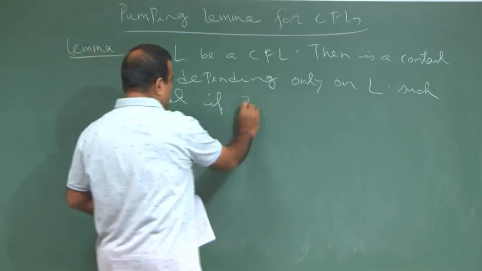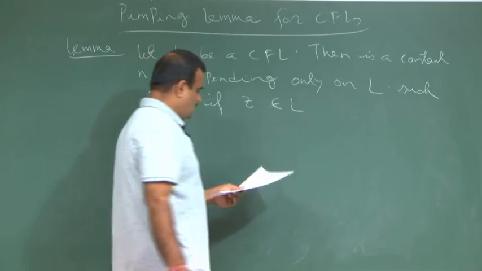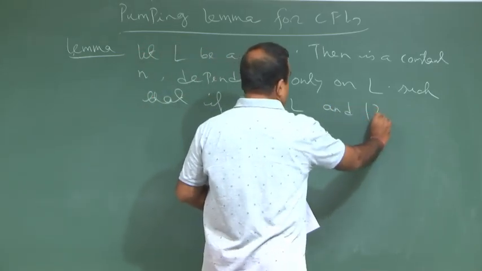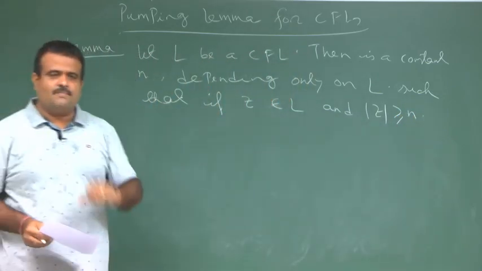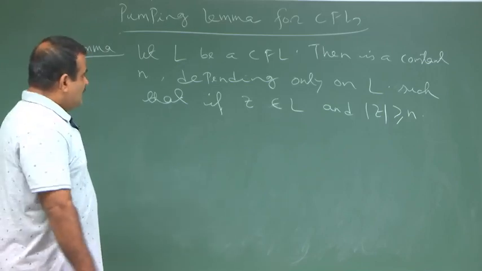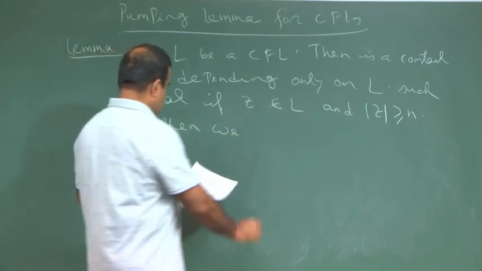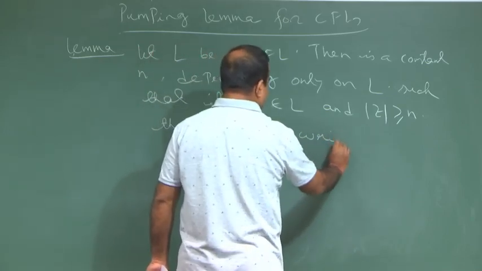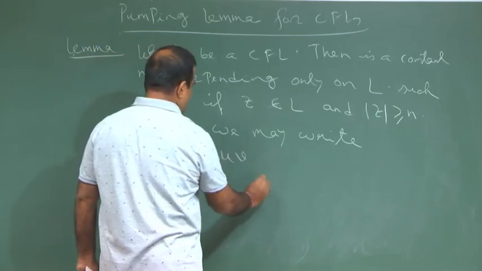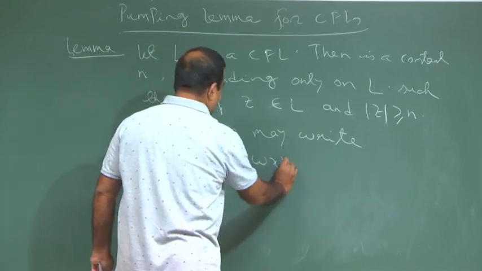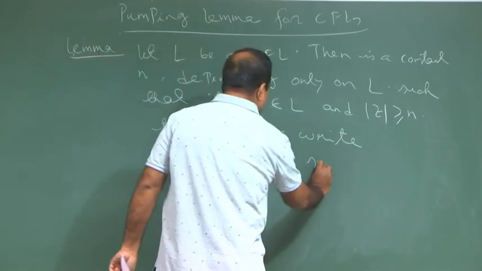if we take a z in L whose length is more than n, that is, length of z is greater than n. Okay. This is very similar to the pumping lemma for the regular language. Then we may be able to write z as u v w x y. These are all strings coming from the input alphabet, such that